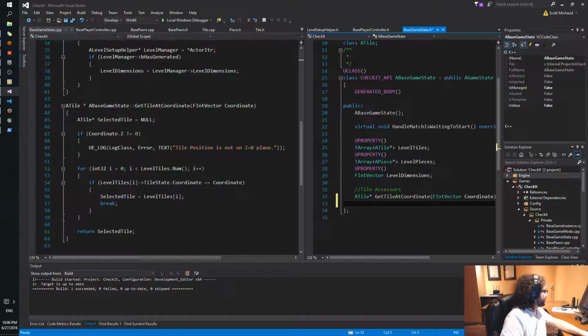And where was that again? Not get possible moves, get these at coordinate.